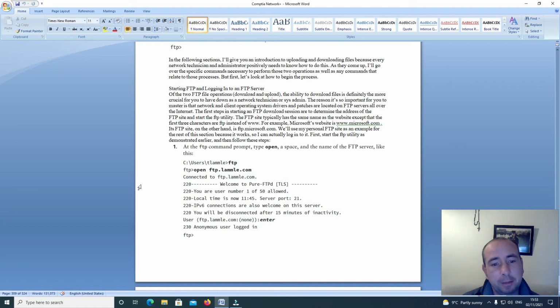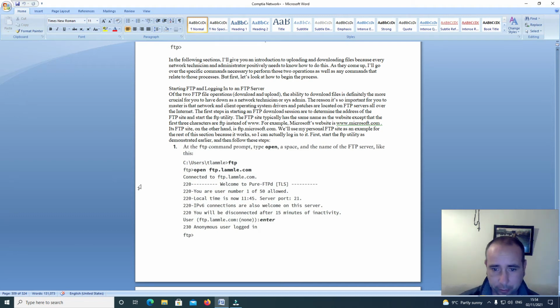The first steps in starting an FTP download session are to determine the address of the FTP site and start the FTP utility. The FTP site typically has the same name as the website, except that the first three characters are ftp instead of